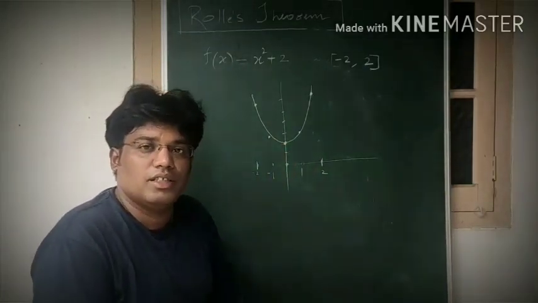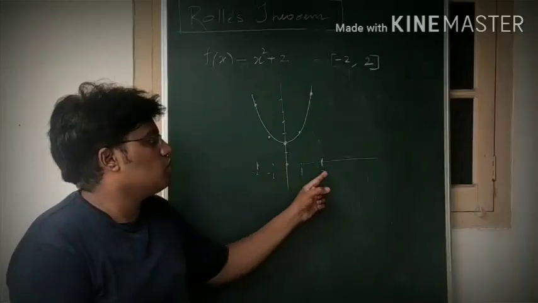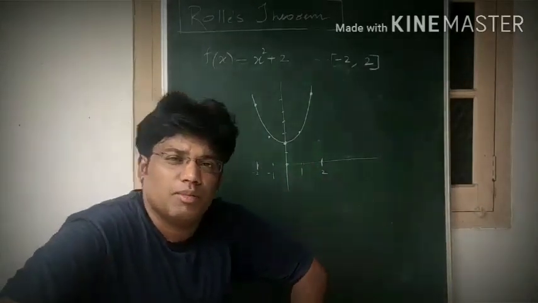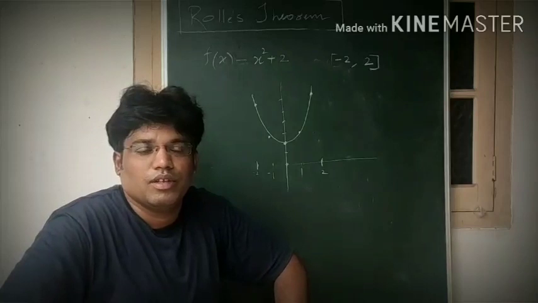Next point is it is differentiable on the open interval minus 2 comma 2. Whenever I say differentiable at some point, what is the meaning? When I say